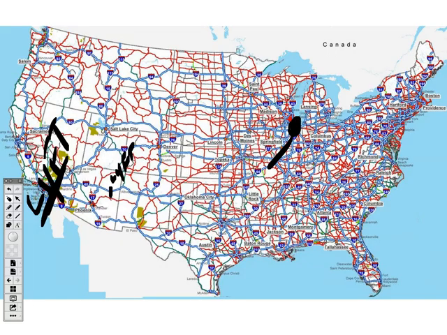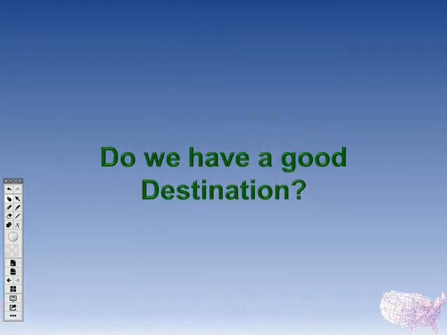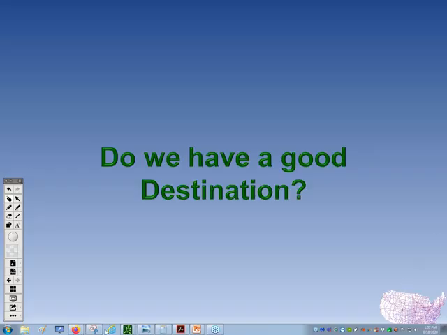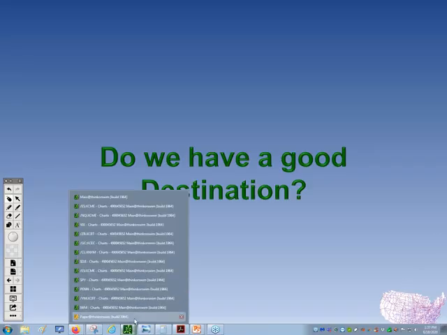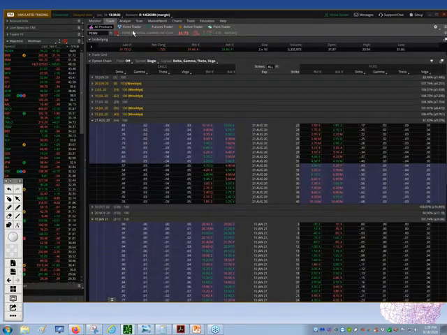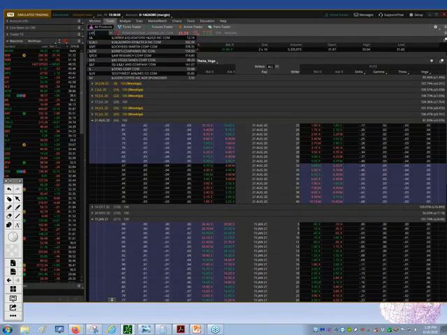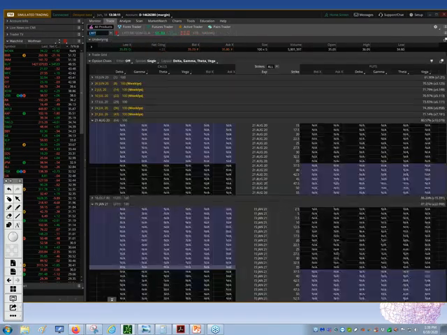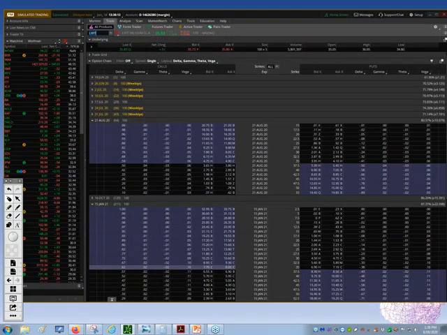So we have to understand, do we have a good destination? Is there anything going on there? Is it a one-horse town? So I need to find out if there's a lot going on in Lyft. The way to do that is we go over to the option montage, and this is the option montage page. If you ever hear me saying the option montage, this is what I'm referring to, this page, because it has everything going on in it, all right?